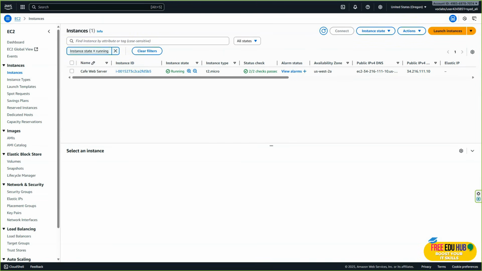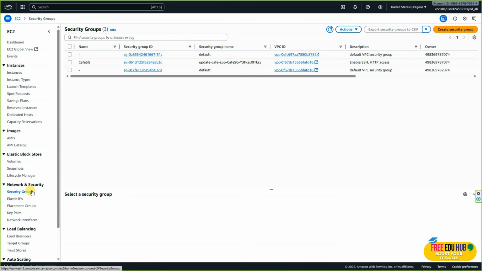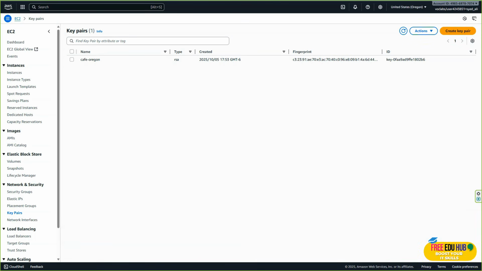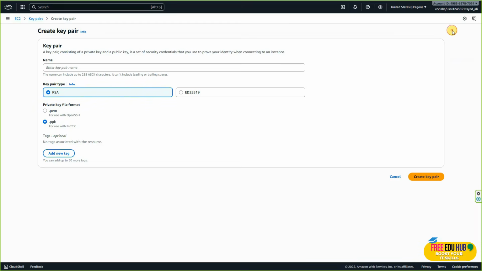And then let's go to the security groups. You can find the Café SG over here, but since they are asking for key pairs, we'll click on key pair. And as you can see, I have already created a key pair, but if you want to create a new one over here, you'll create a new one and you'll type in Café Oregon, and then in